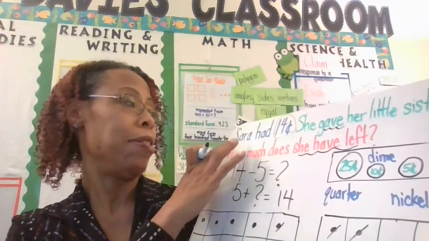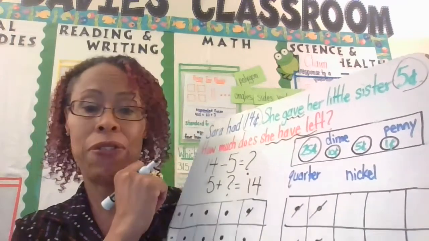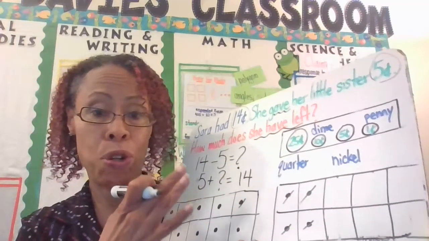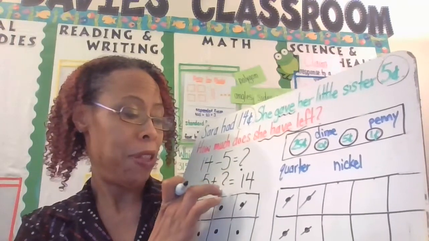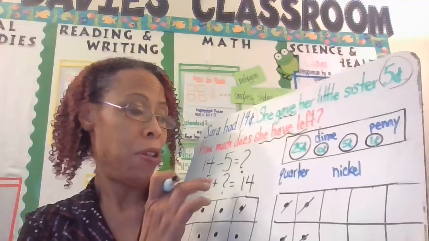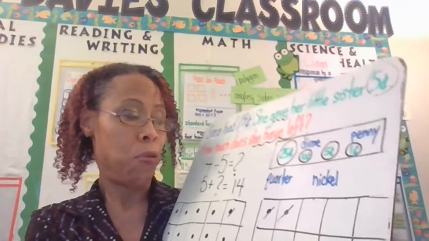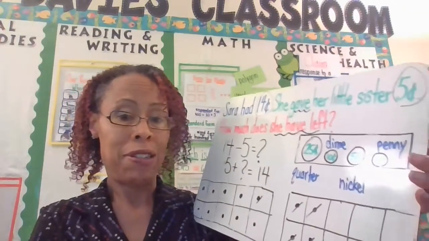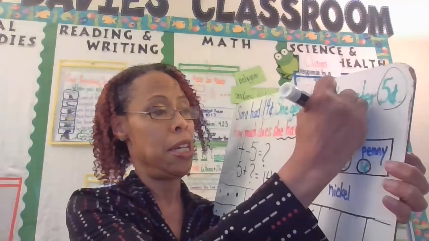And now it says Sarah had 14 cents. She gave her little sister 5 cents. How much does she have left? Always go back to the original word problem and make sure you've answered the question. So we have these question marks, but we didn't actually write down the number. We know that the number now is 9. However, we want to make sure that we place that in a sentence. How much does she have left? She has